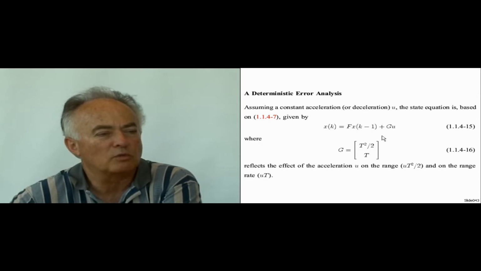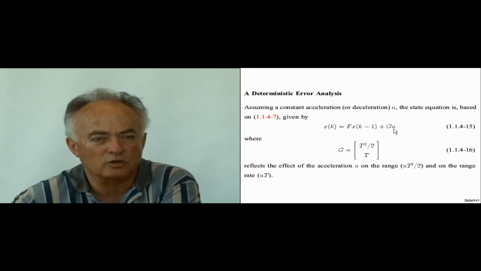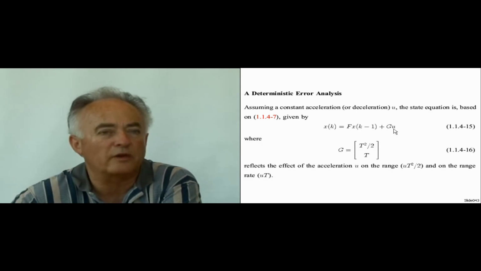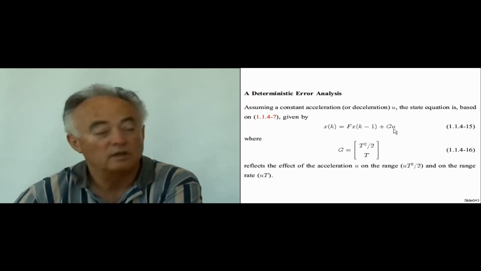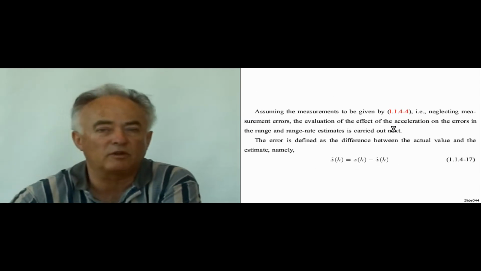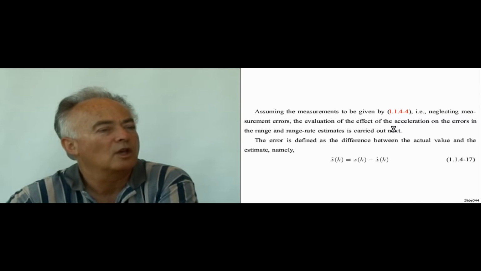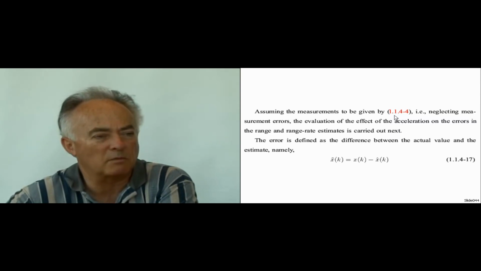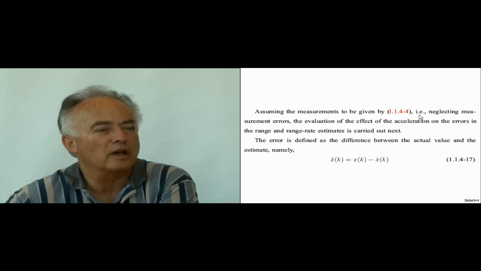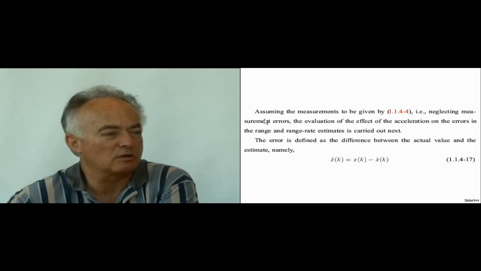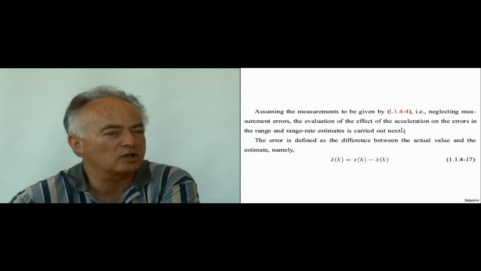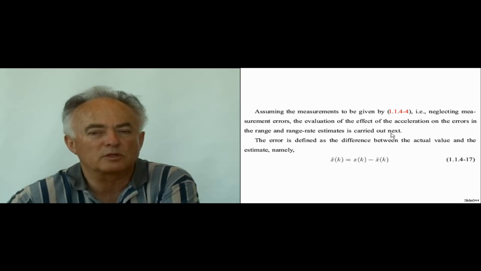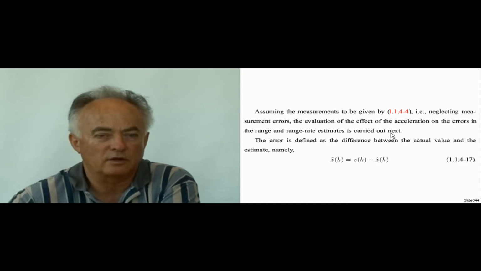So this is now u. So what we want is to take the filter equations and evaluate the error due to the fact that there is a u there. We don't know it, so we'd like effectively to bound that error. Assuming the measurements are given by our position equation, and now we are neglecting the measurement errors, we'll evaluate the effect of the acceleration on the errors in the range and the range rate estimates only. So what we are going to do is use the fact that this is a linear system subject to two types of error. There's a measurement error and there is a